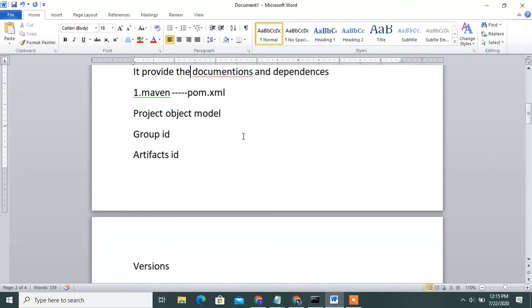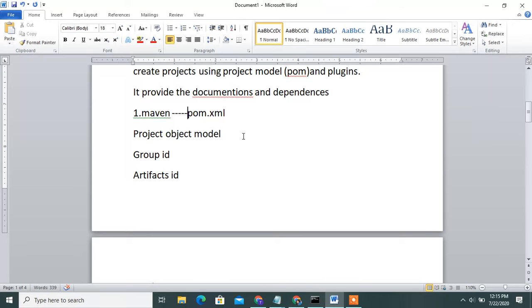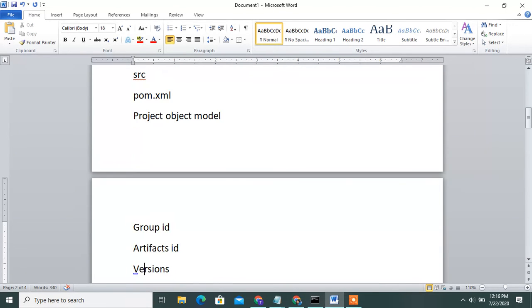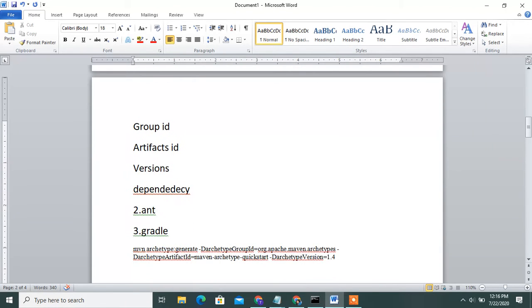These are all used after pom.xml. Once you run the Maven command, it creates the source code, src, and pom.xml. After pom.xml you can write the group id and artifact id.